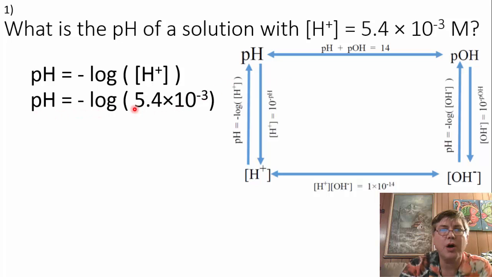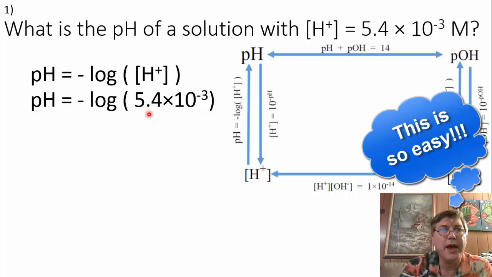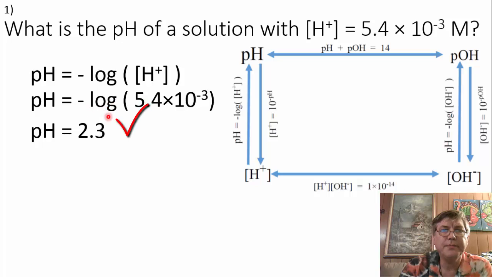pH is equal to the negative log of 5.4 times 10 to the negative 3. Now I just use the log on my calculator, and I don't put the negative sign in. I flip the sign after I'm done. When I do that, I plug in 5.4 times 10 to the negative 3 and hit the enter button. I get a number like